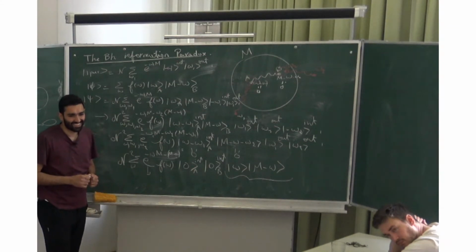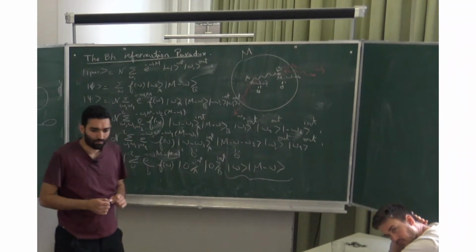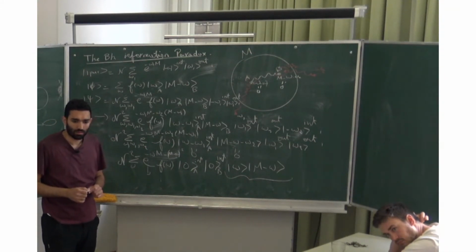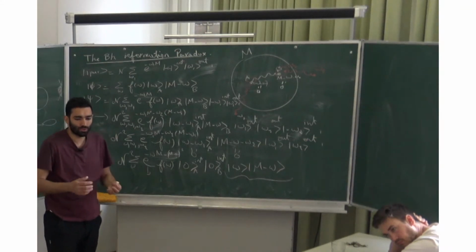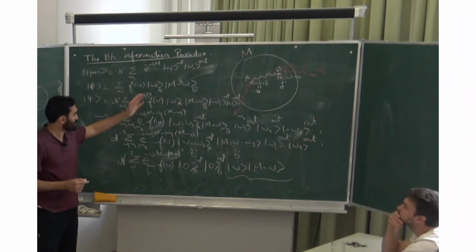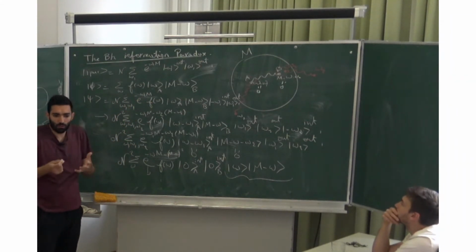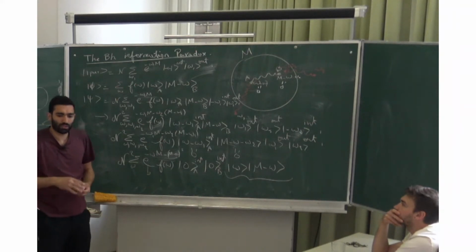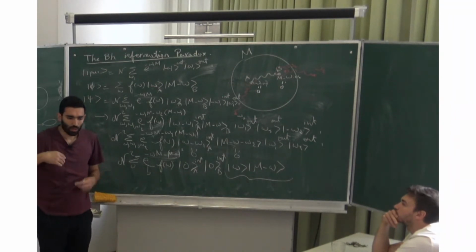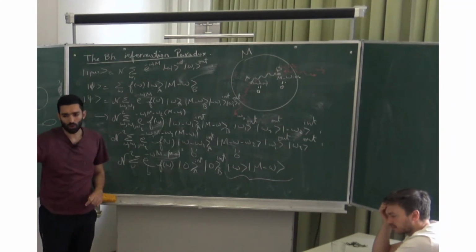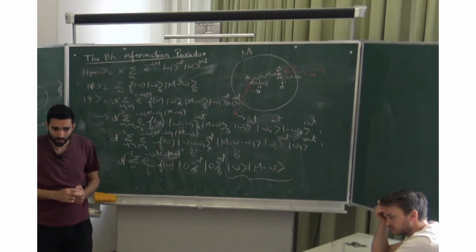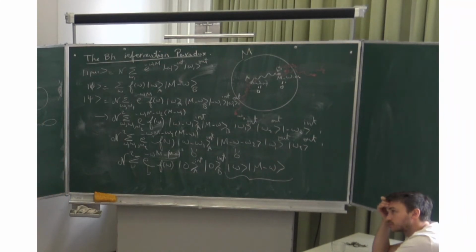You say I keep measuring until I get the result that I like, but this result that I like is then the evaporation itself. But you don't need to keep measuring. In reality, the occupation number of this state is extremely high. So by the law of large numbers, it's almost exactly the average value of the black hole mass. So even without looking at the black hole, you know how much is evaporated. Can you use this to reconstruct the Page curve? Yes, that's what I'm now doing.